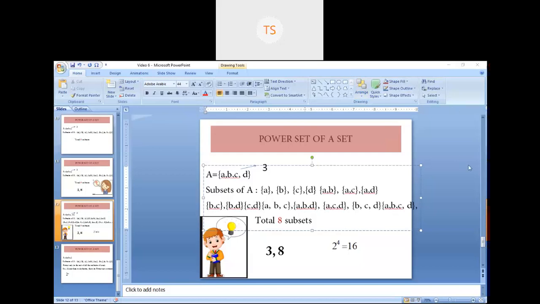Okay. For your convenience, I will share these slides on the power set and the subsets in our WhatsApp group, so that if you have free time, you can have a look at it. So this is about the power set and subset. And always remember these two are very important for your exam. So please, if you have any doubts, again I am repeating, just talk to me. We will discuss and we will do some problems also. So next class we will do some problems on power set and subset. Okay, so today I will stop here.